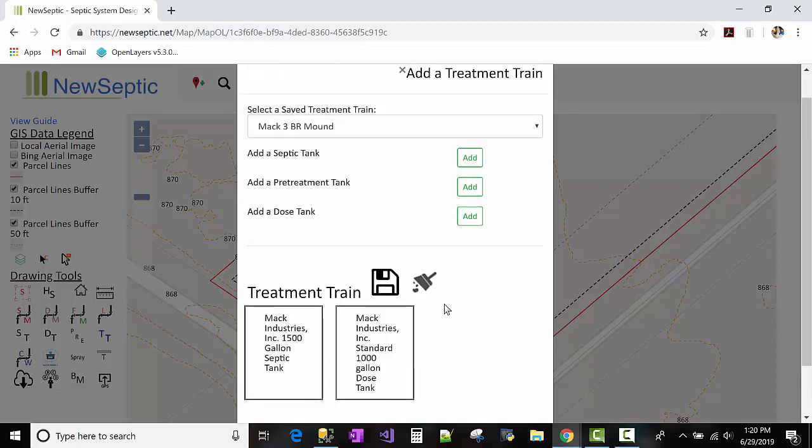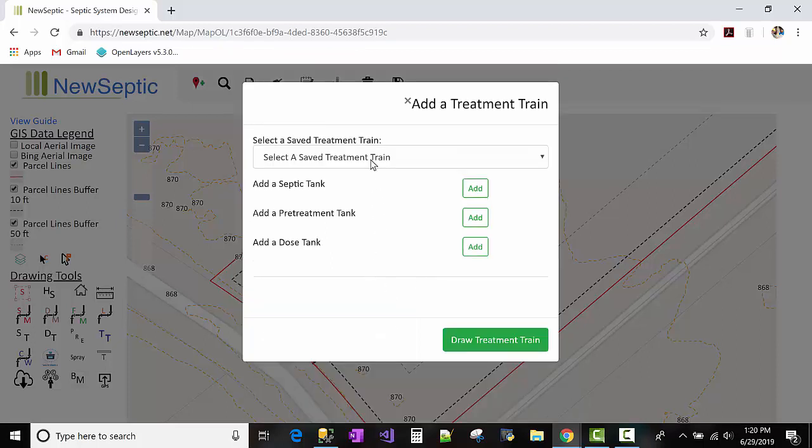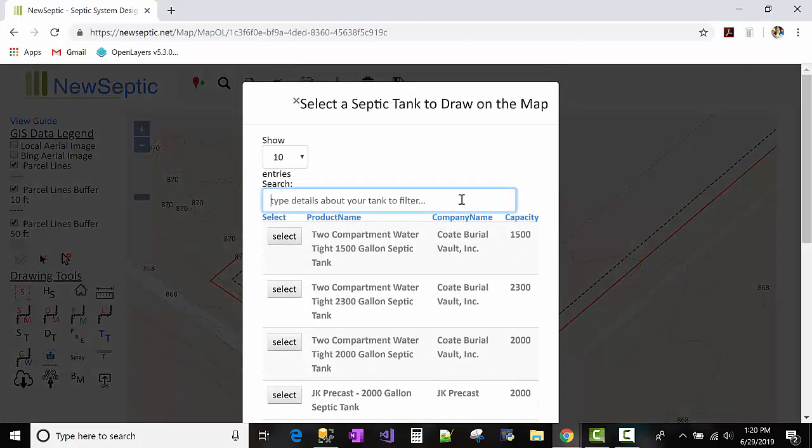So what I'm going to do now is clear these off by hitting the brush icon and clear this off my treatment train, and I'm going to start and build a new treatment train. I'm going to design a spray system now. I'm going to try and build a hydro action spray system. So I'm going to click add on the septic tank,